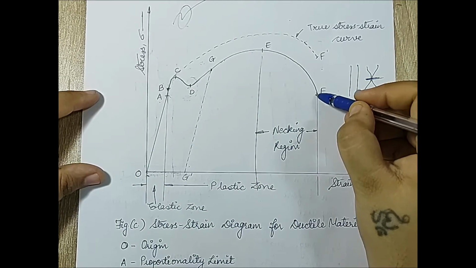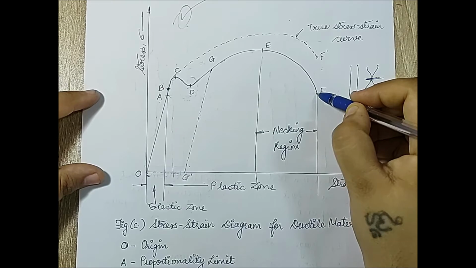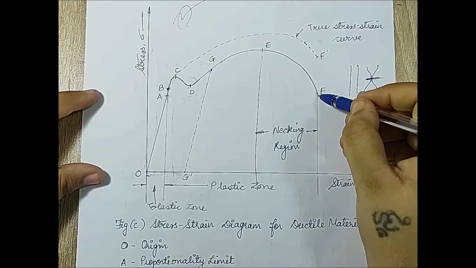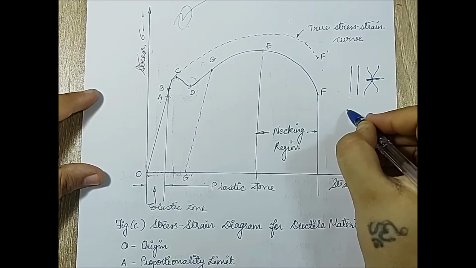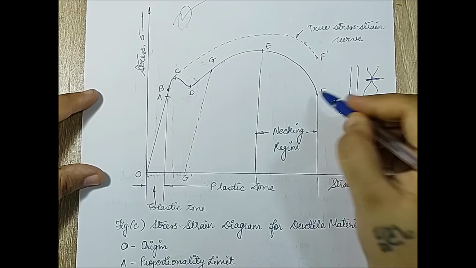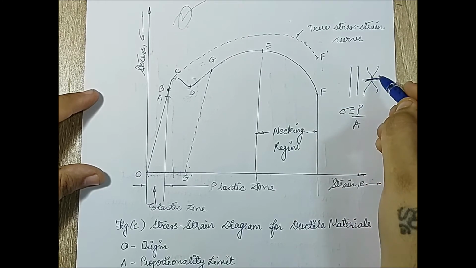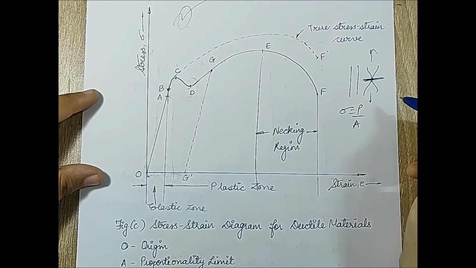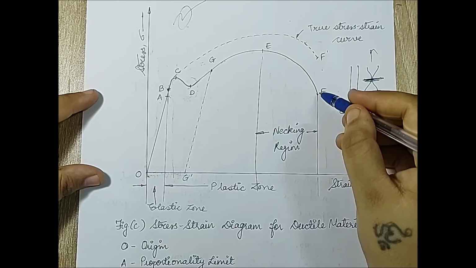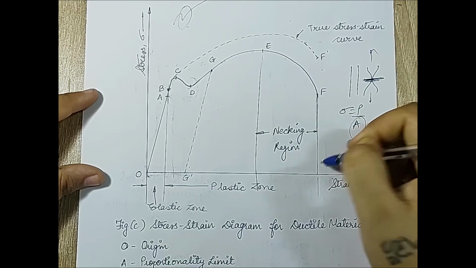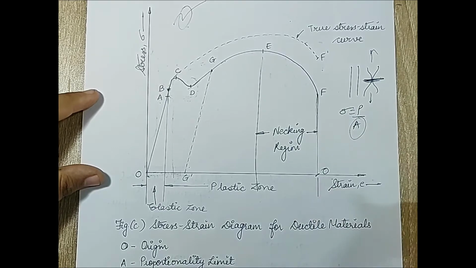Now, after the material ruptures at point F, what you see is a steep decrease in the load value, because after this there is no surface remaining. If you understand, sigma is P by A, although I can increase the load, but the material has broken. Since the material has broken and it is being pulled from both the ends, there is no point of pulling because this area is no more present. So since the area is not there, obviously the stress value will slowly reduce, and once it reduces, it will slowly come back to its original value, which is 0.